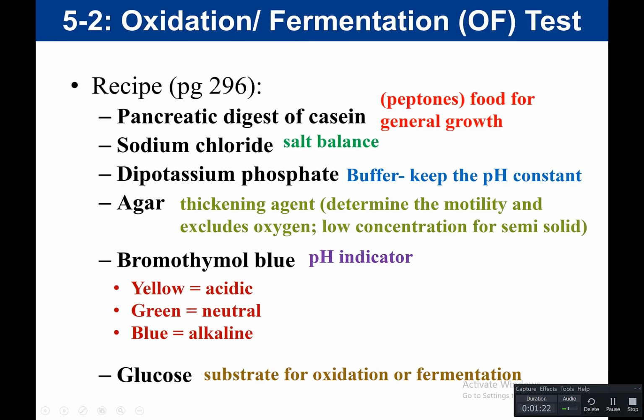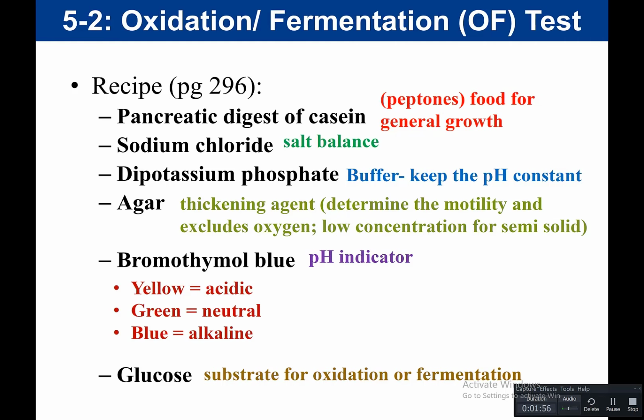So when we look at the readout, again, we have our recipe here. You don't have to memorize every ingredient that's in there. Again, you should understand a general idea that the purpose of a buffer is to keep the pH constant. You want to know that the agar is there as a thickening agent. Again, it has a low concentration. It's a semi-solid. And the purpose of that is that the agar is going to help to exclude the oxygen